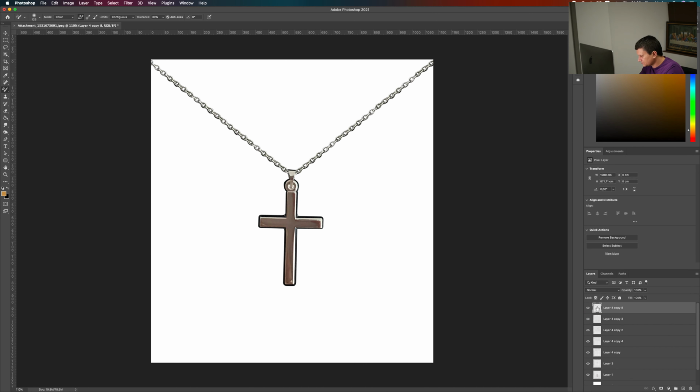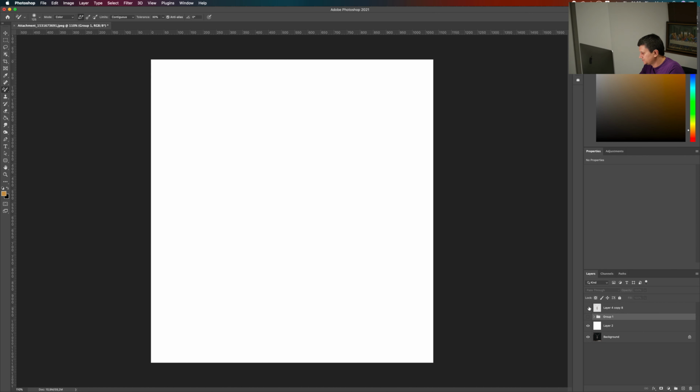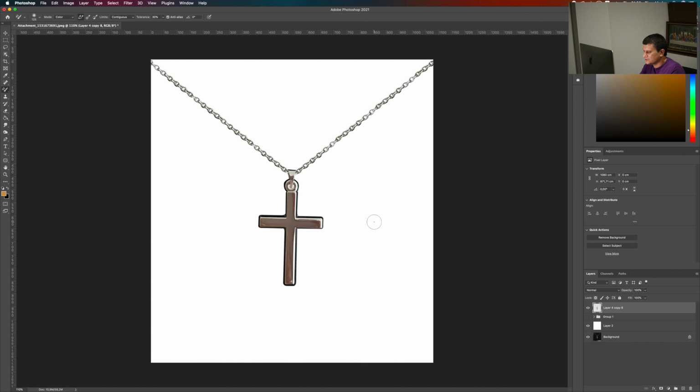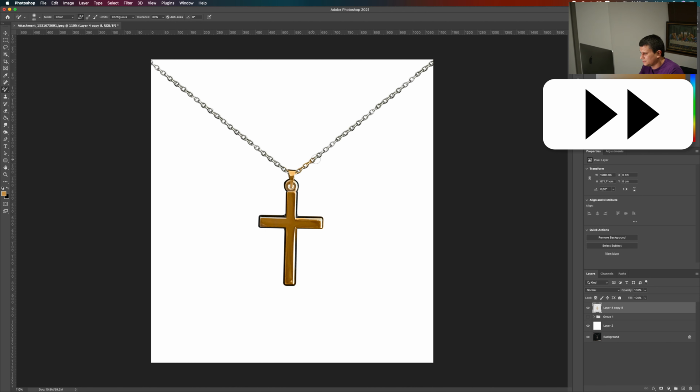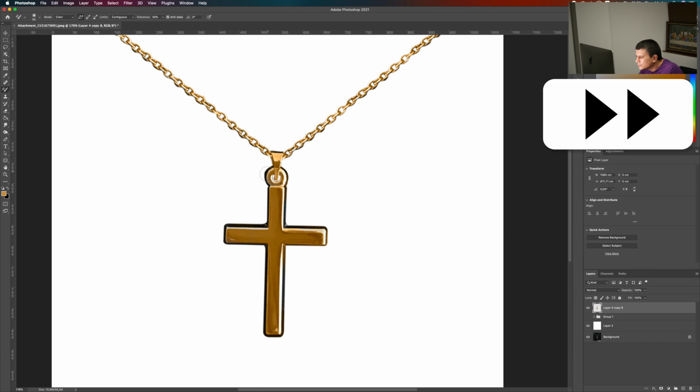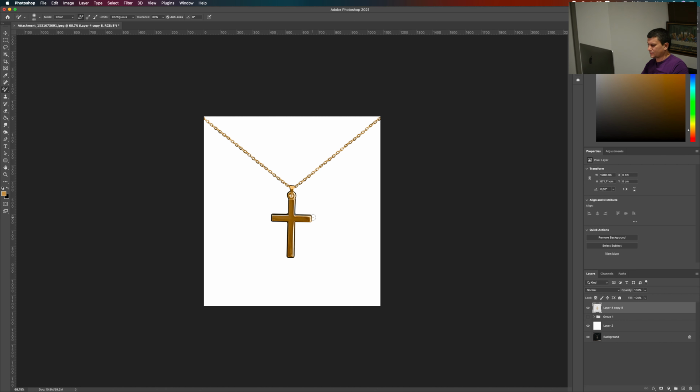merge them so that everything is on one layer. These here, we can group them. Make sure to hide the group. And now let's replace the color. Let's make it yellow gold. Like this.